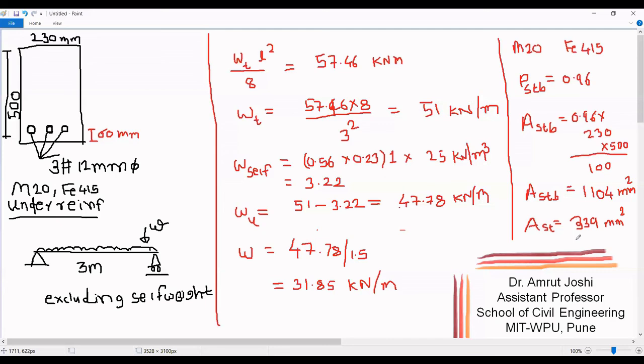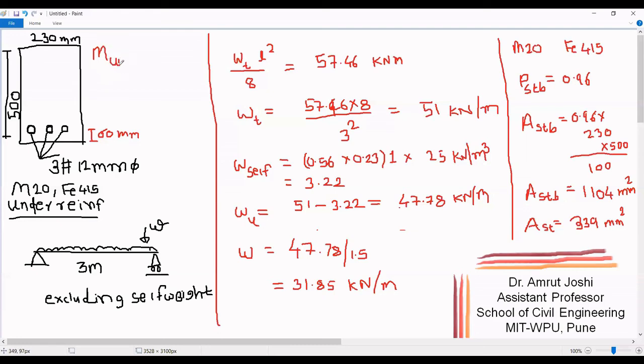Second observation, area of steel that you provide in the under reinforced section is going to be less than the area of steel that you will provide to make the section as balance. And the third observation, let us now